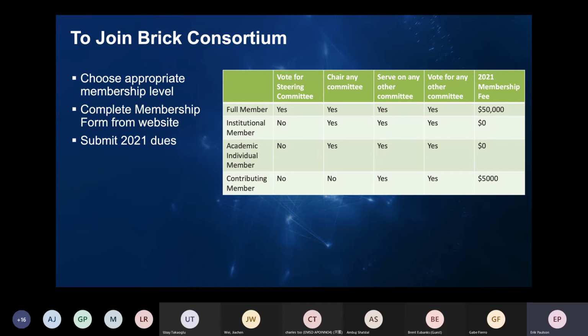So when you're responding to RFPs, there may be some material that we provide to members to help them make it more likely that they'll succeed if there's a requirement for Brick in that. So it's a membership-driven organization, and we'll figure out what the membership wants from the full consortium as we spin things up.